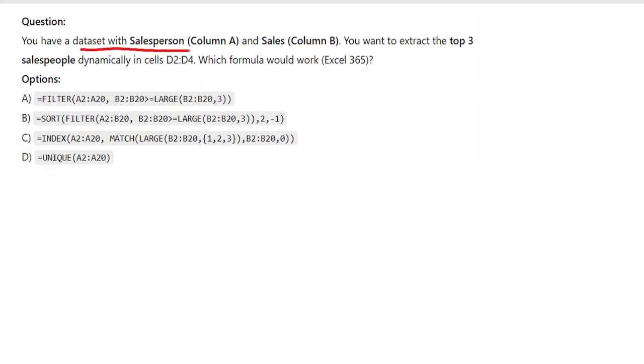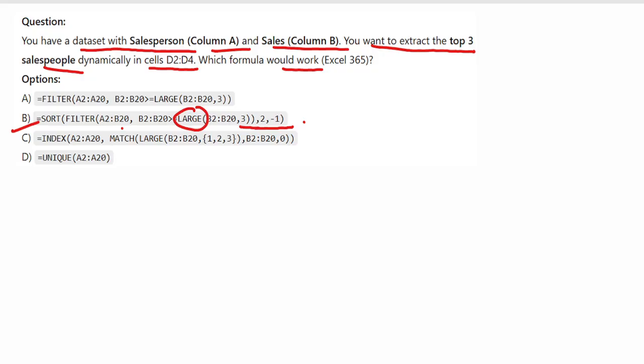You have a dataset with salesperson in column A and sales in column B. You want to extract the top three salespeople dynamically in cells D2 to D4. Which formula would work in Excel 365? So the correct option here is option number B, because the formula first filters the rows where sales are in the top three using LARGE, then sorts them in descending order by sales.